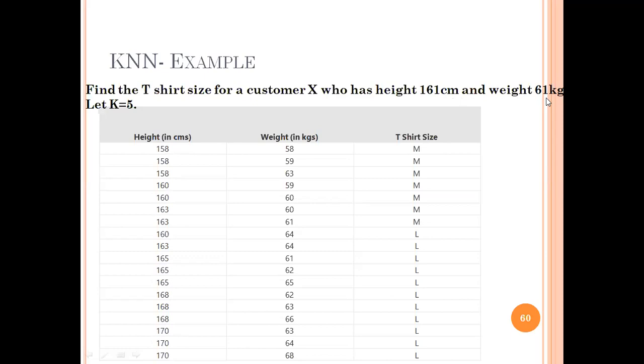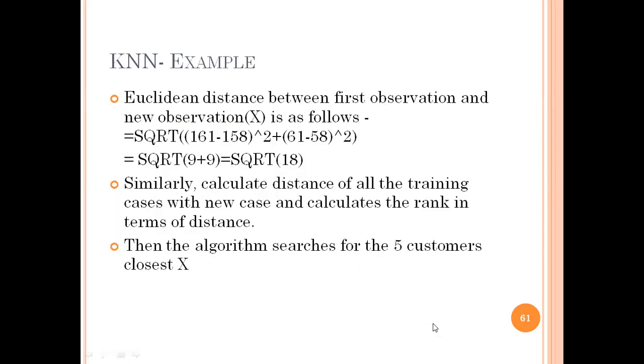So what is the first thing we have to do? We have to find the distance between this point and every other tuple in this training set. Since these are interval scale values, you can use Euclidean distance for calculating the distance. So we'll calculate the distance of this one with every tuple in this training data set, using Euclidean distance, that is the square root of